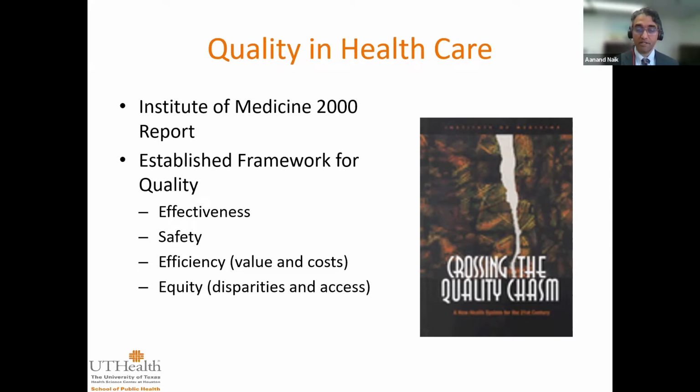But the two areas that the VA had trouble in 2017, 2018 are the last two dimensions, which is timeliness and patient-centeredness. And how important is patient-centeredness? Well, when you got a system that was so poor in timing and so poor in its veteran responsiveness, it impacted everyone's perceptions of the VA system, that they thought, oh, it's just terrible from an effectiveness safety perspective, when no, it was actually quite good on that. It was just bad in timeliness and patient-centeredness, and that really tarnished the whole reputation of the system.